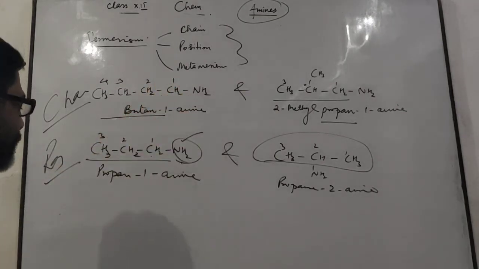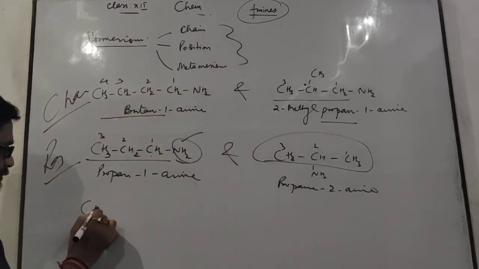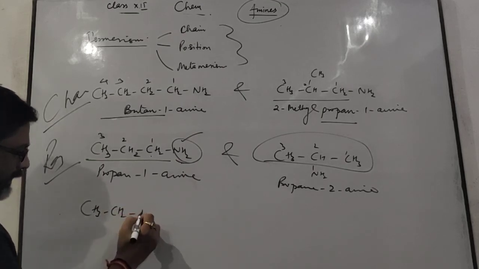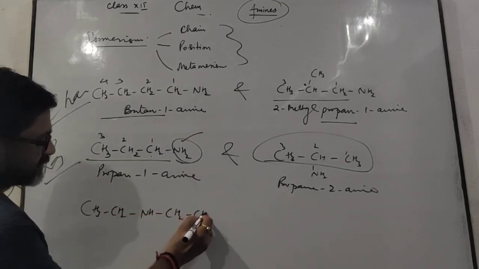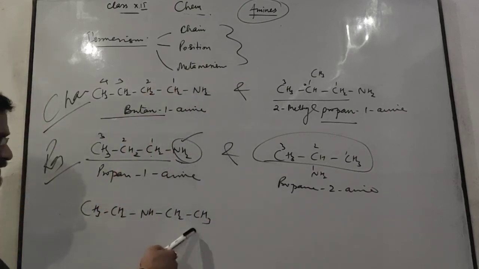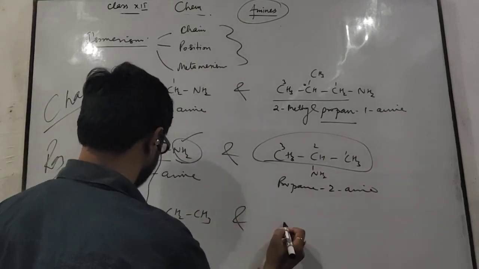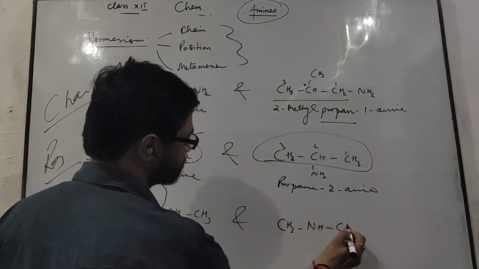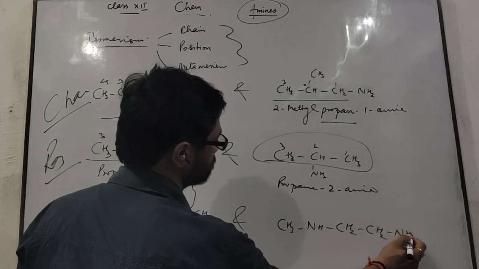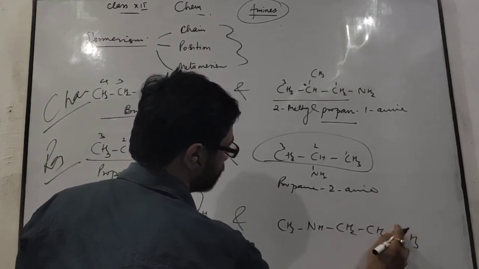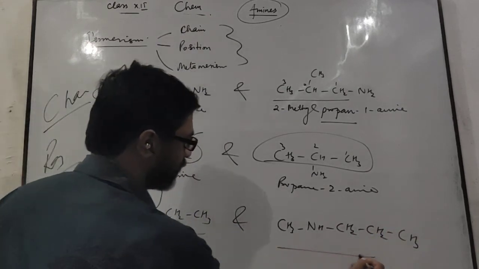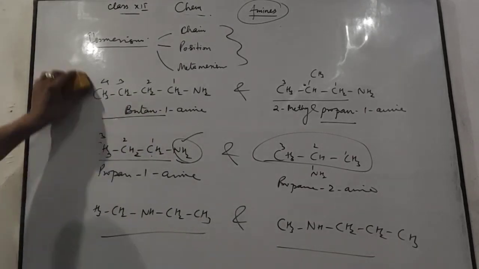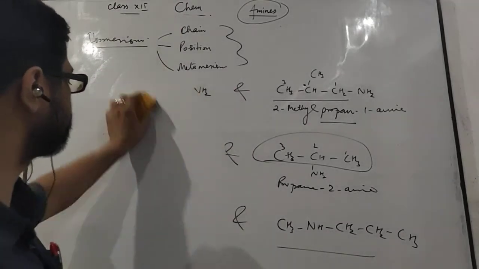And third one is metamerism, in which this pair like this, NH CH2 CH3. Metamerism is shown by secondary amines like this. And third one is NH CH2 CH2 NH CH3. This one is secondary amine, and this pair shows which type of isomerism? Metamerism. These are about the isomerism shown by these compounds.